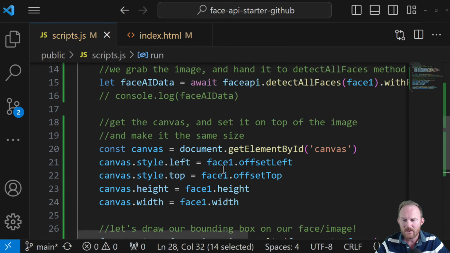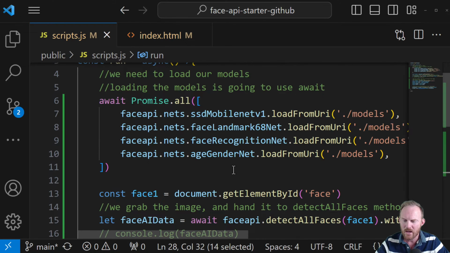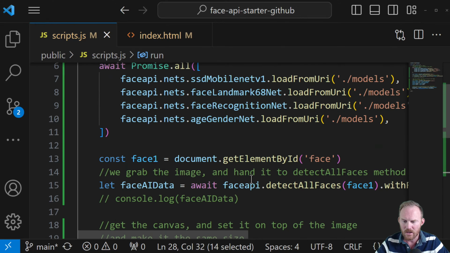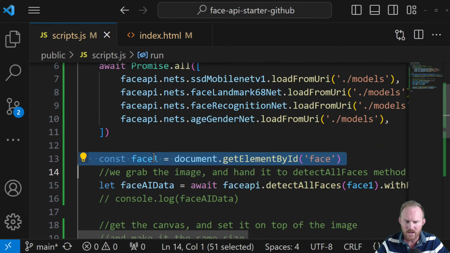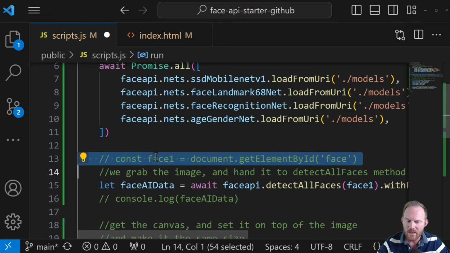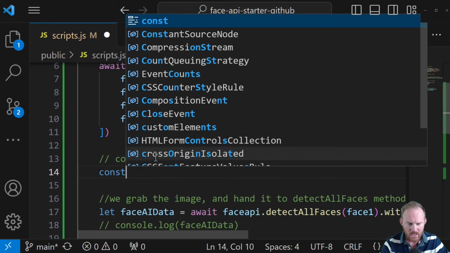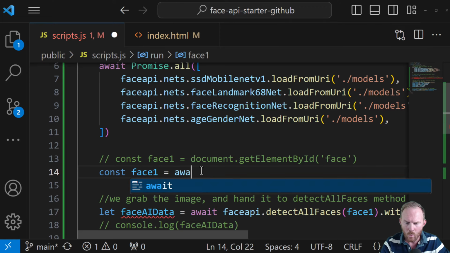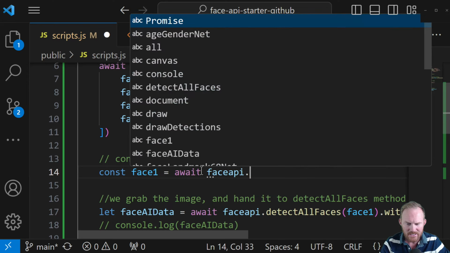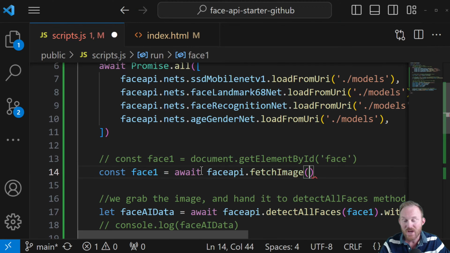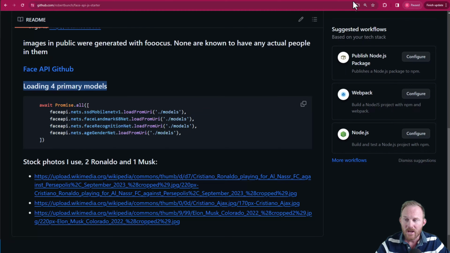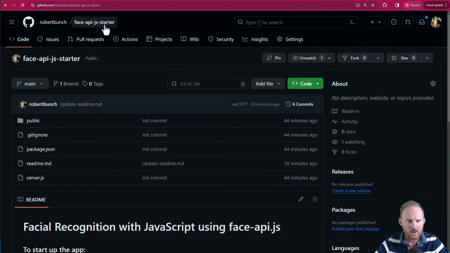But as I said, another option here is we can load the image from a URL. So instead of on face 1, here's line 13, I'm going to comment that line out. And I'm going to do const face1 = await faceapi.fetchImage, and then you can hand it any URL you want, whether it's on your hard drive or whether it is a URL. If we come back over to the video repo here, Face API Starter,